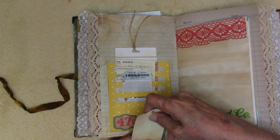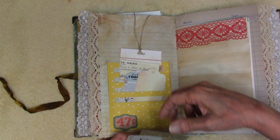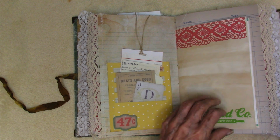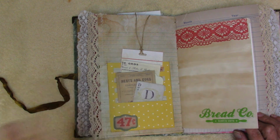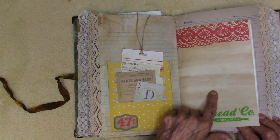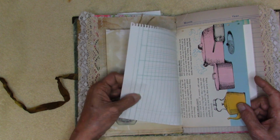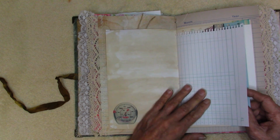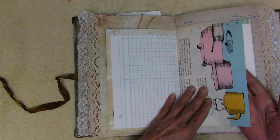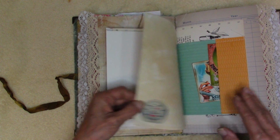So I did have this particular cutout in my Etsy store. I took it down because I don't want people accusing me of stealing something from Tim Holtz. I didn't. Anyway. So this is also printed on coffee dyed paper, as well as that. And then we have some, oh my god, I can't think of it now, ledger paper. This is from a cookbook. More watercolor paper, more printed paper,